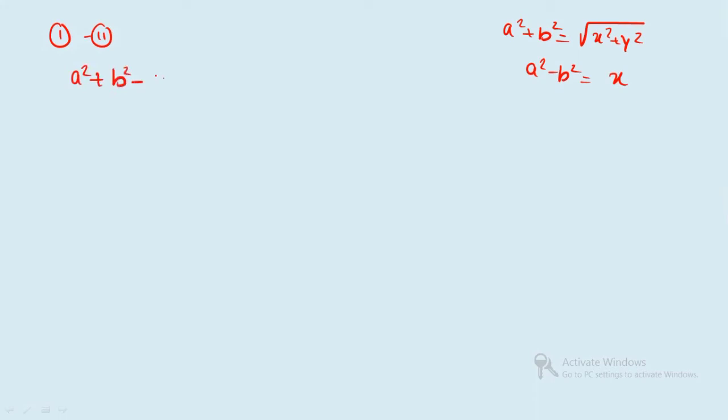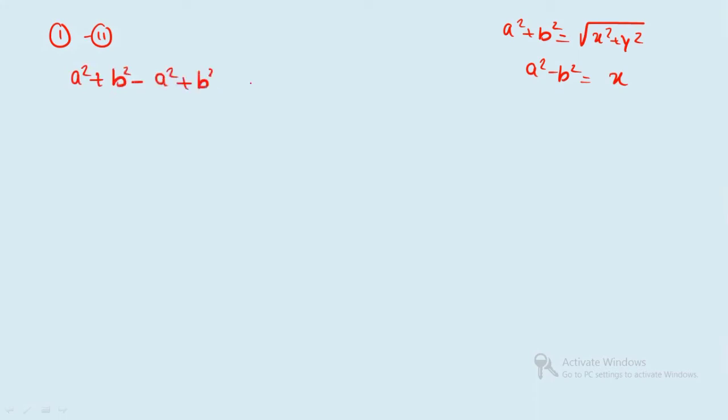So what will we do? This time we will do 1 minus 2. So what we were having? We were having a square plus b square equal to root over x square plus y square, right? And we were having a square minus b square equal to x. All right. So 1 minus 2 this time. So it is a square plus b square minus a square